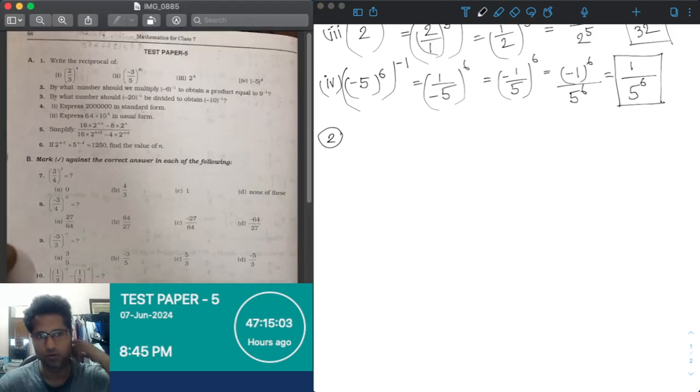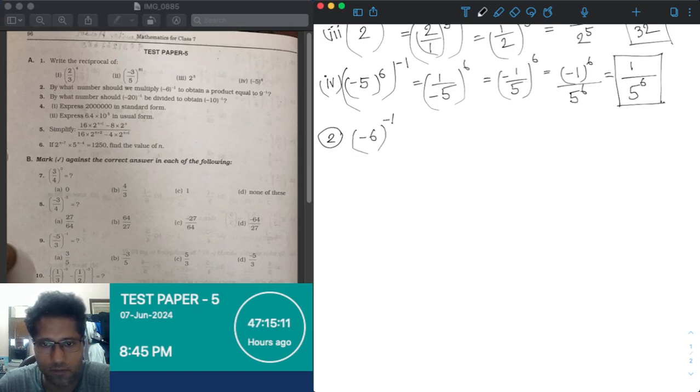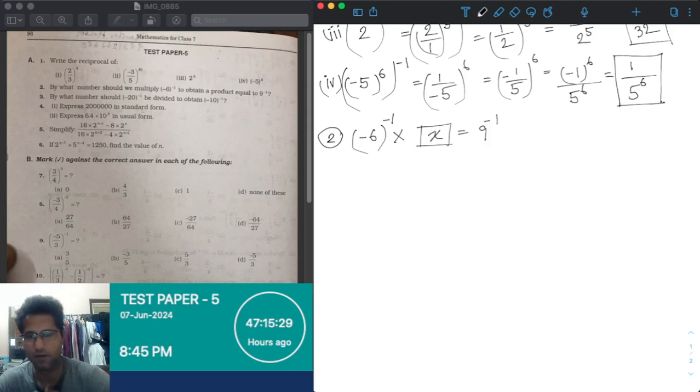By what number should we multiply minus 6 to the power minus 1 to obtain the product 9 to the power minus 1? So we know how to solve this kind of problem. So if the number that we are asked to find is x,